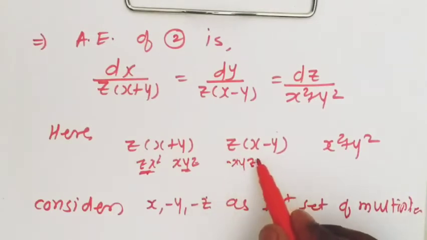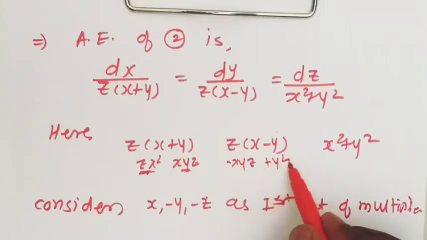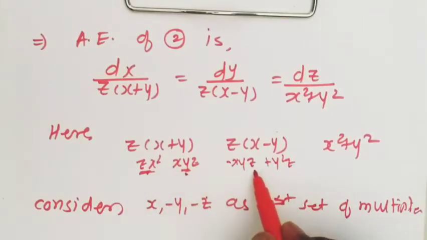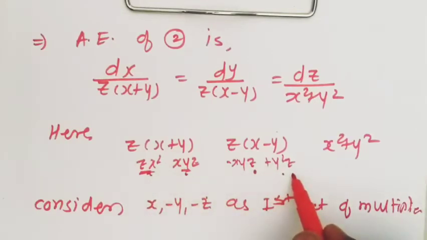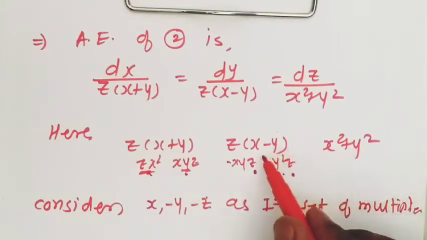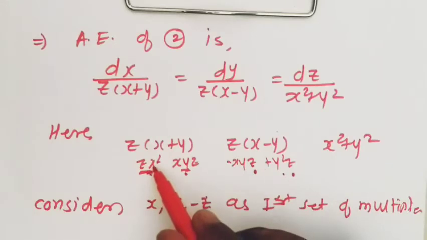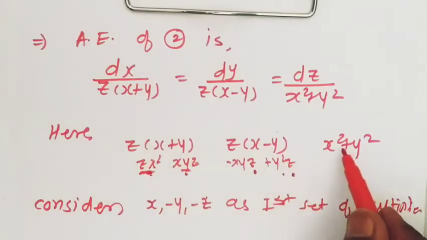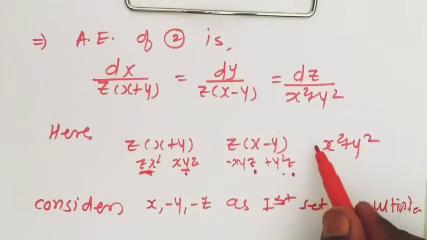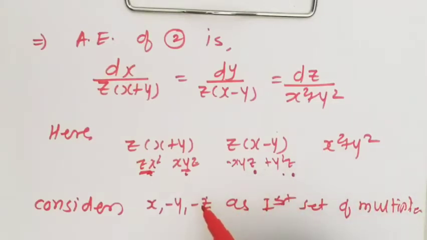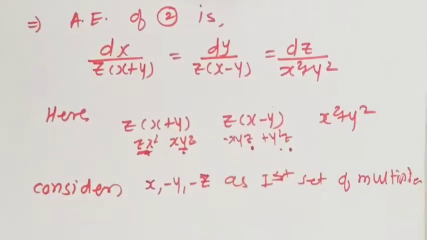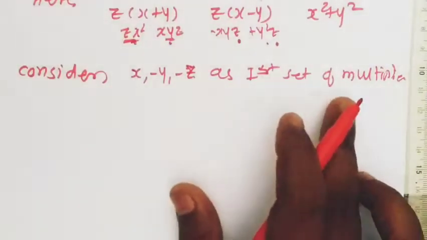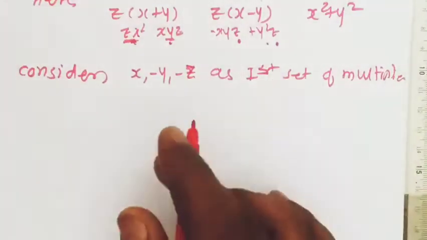Here we will get minus y square z, right? Now one term we have obtained the negative of. The other two terms remained, so that has to be obtained from the last term. So we need to cancel out z x square and z y square. x square and y square are available, so it is necessary to multiply by minus z here. Hence the third multiplier is minus z. If you multiply by minus z, all the terms will get cancelled. So this is the perfect first set of multipliers for the given problem.